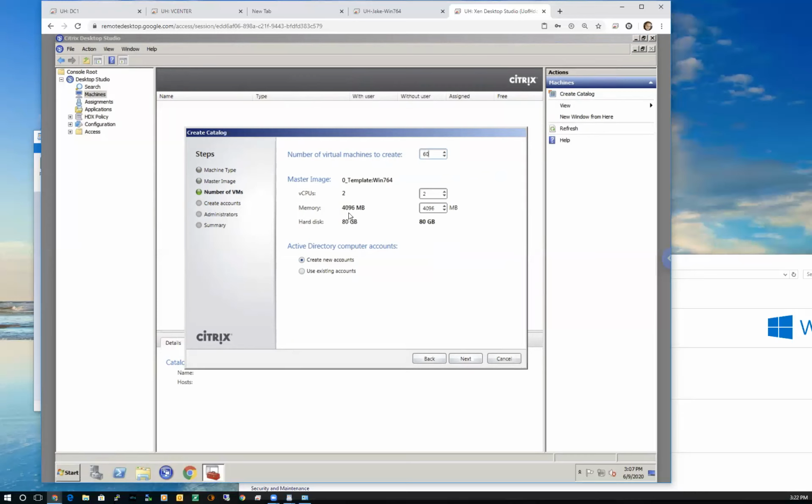I'm going to use all of these defaults. So virtual CPUs, I'm going to give everybody 2 CPUs. That's just a relative number for speed. 4 gigs of RAM, that should be plenty. 80 gig of virtual hard drive space, that's not real hard drive space, and we're going to do what's called thin provisioning, meaning your hard drive really is only about a gig to begin with until you actually start using it. Then it slowly fills up the file space.